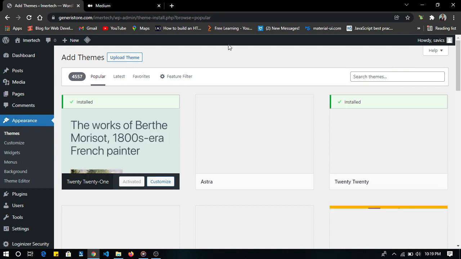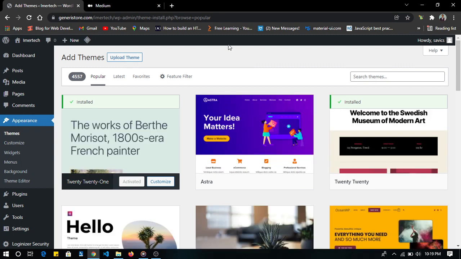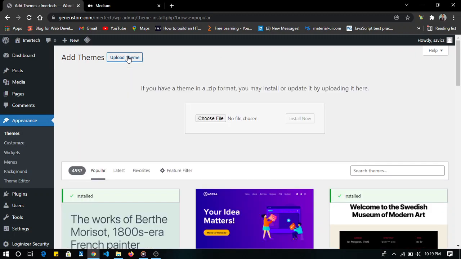Alright, now the name of the theme that we are going to be using for this blog site is Shamrock, and I have it on my laptop, which I've already uploaded on the resources file. So I will drop a link for you to use and download the theme so that you can also import it on your website. Alright, so let's choose a file,